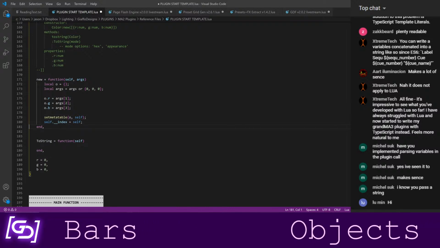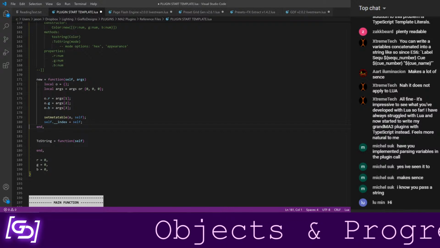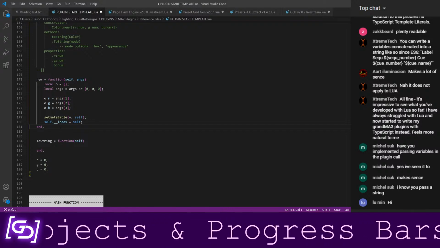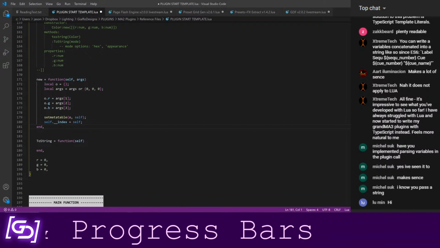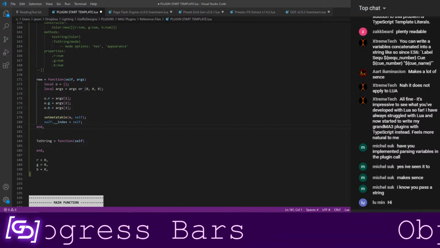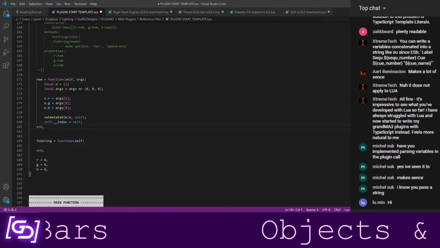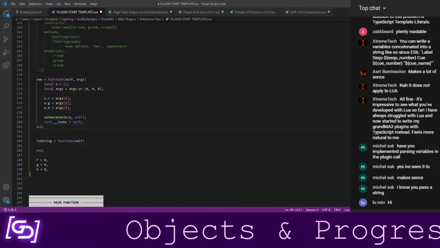Okay, so what do these two lines mean? Every table has what is called a metatable. Every value in Lua actually has one of these. It's just that, for example, all strings share one metatable, all numbers share one metatable. Every table, though, has its own, or can have a distinct metatable. And a metatable is just another table linked to your table that defines certain behaviors.